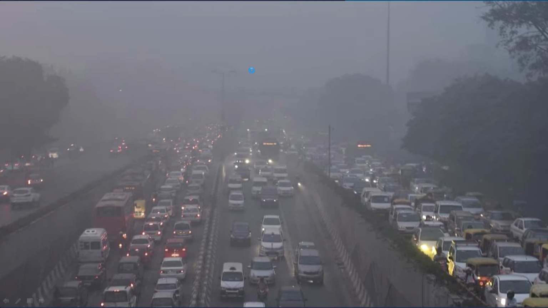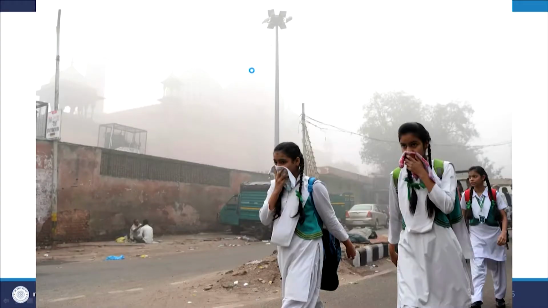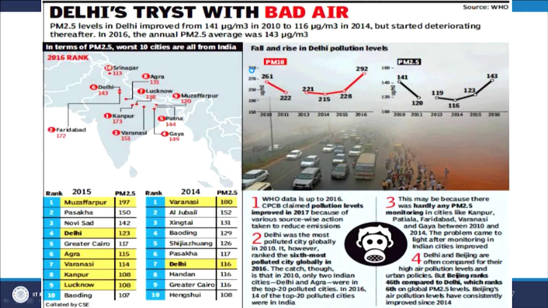Now, my question is, is it a natural phenomenon or a man-made phenomenon? The amount of pollutants in the air during winter, in the months of December and January, is excessively high, and because of that there are a lot of physical conditions. This kind of situation will arise in northern India's cities for 2 to 3 months or more. And this is another picture. You can see that school-going kids are not able to breathe properly. So there are a lot of discussions on Delhi's bad weather. We are taking Delhi as a reference, but this is not an isolated case.